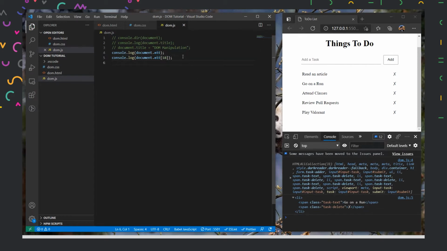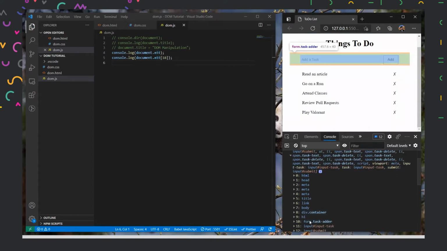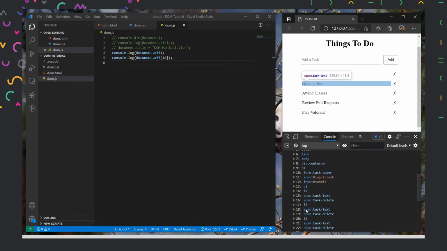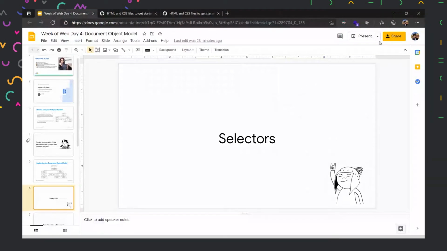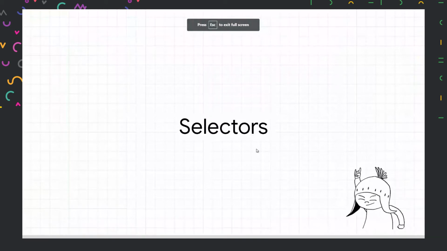So now this is over here. So this is the all method, but we are not going to go and check for the elements over here like this, right? We can't do that every time and then access our elements. So to select our properties inside our document, we have something called selectors. So let us move on to selectors now.